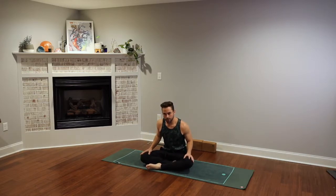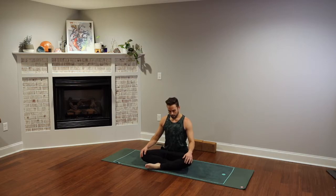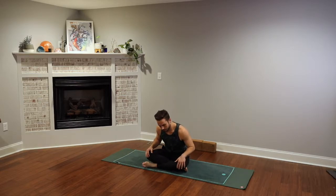So just take a moment as you settle into your posture, simply seated with the legs comfortably how you like it, or if you want to crisscross the legs, stack the shins, whatever feels best for you. Just know that this is a posture for centering, not necessarily stretching or creating space in that regard. So once you're settled,